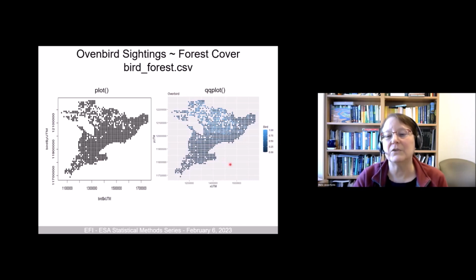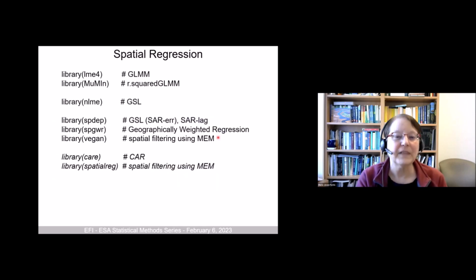And here, this is just a more intense location of sighting of the ovenbird in this area. The different packages that are available, well, of course, we have our generalized linear mixed model. We have this kind of R square, the amount of variance explained by the random factor and the fixed factor. We have the generalized, I'm